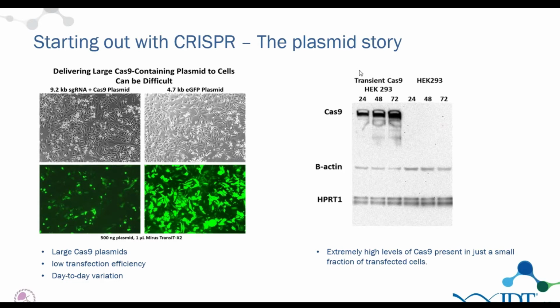As a side note, of the two plasmids we bought, one worked well, the other one not that well. Actually, when we sequenced everything, we found that there were 13 mutations. And that is not a problem of working with plasmids. It's not always what you expect it to be. On the right side here,